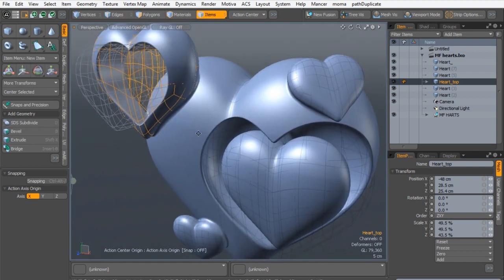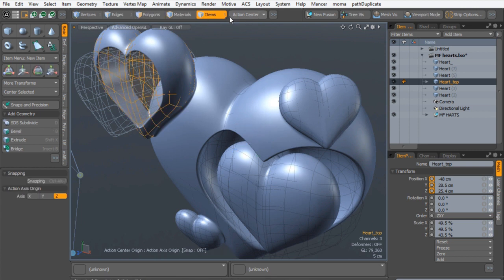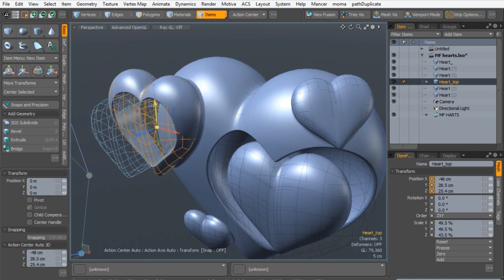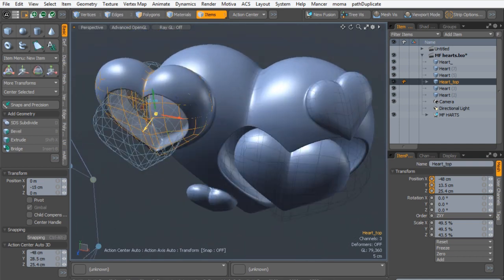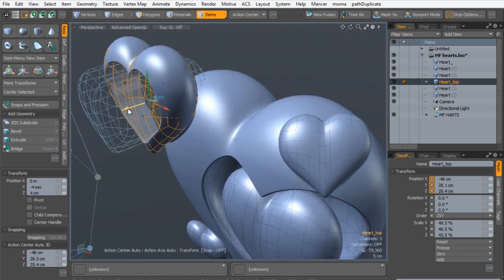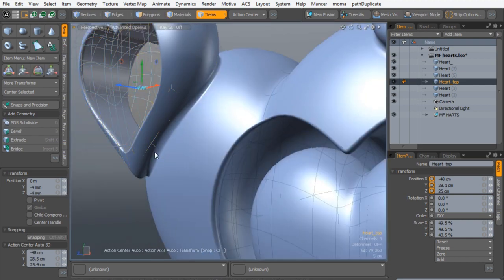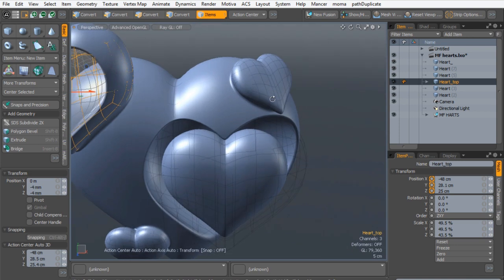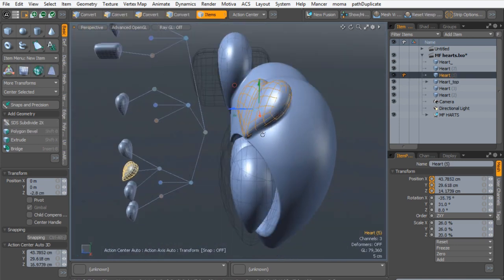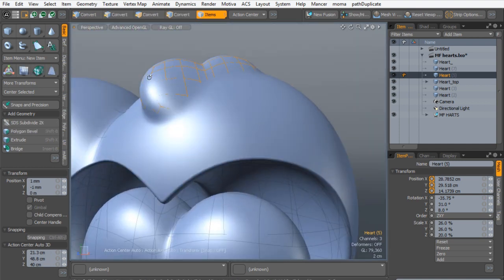this kind of heart. As you can see, I can grab operands and move them freely. And the best part of this is that the model is live. As I'm moving this object, this part of Mesh Fusion, it will update in real time. And the best part is this fusion strip that is created on the join. So I can select this little heart and move it and push it into the big heart. As you can see, it's melting like a